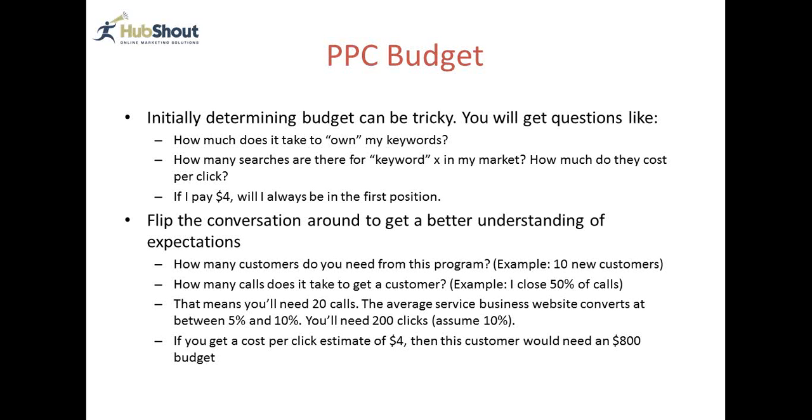And again, you will get this question. The next one that we often get is, if you're telling me it costs $4, does that mean I'll always be in position 1? Which gets right back to the auction thing, which is that no, this is a dynamic market. Today there could be 10 bidders, tomorrow there could be 20, the next day there could be 5. So $4 more than likely will get different results every day, depending on a number of factors that are completely outside of the control of a bidder in an AdWords auction. So what we'd like to do is flip the conversation around.